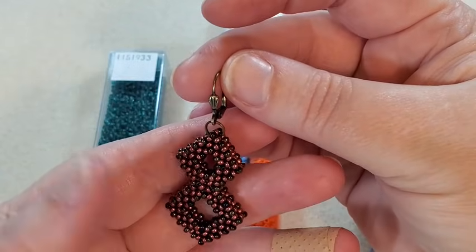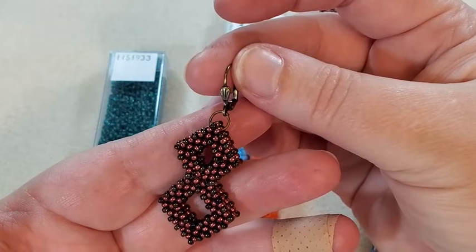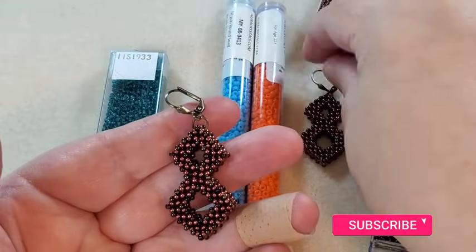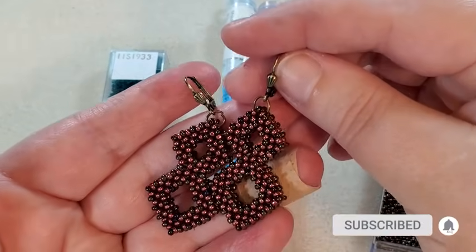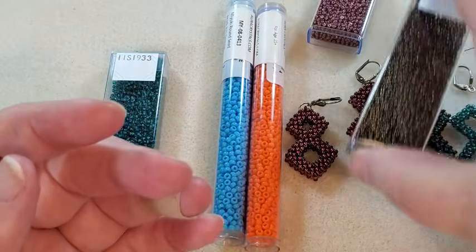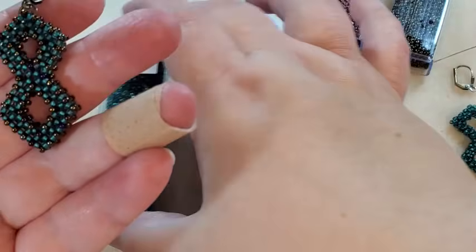I wanted to try to figure out a way to sew it on there, but I couldn't figure out a way to get it centered well, so I just attached it with a jump ring. So I made that pair, and then I made this one using the